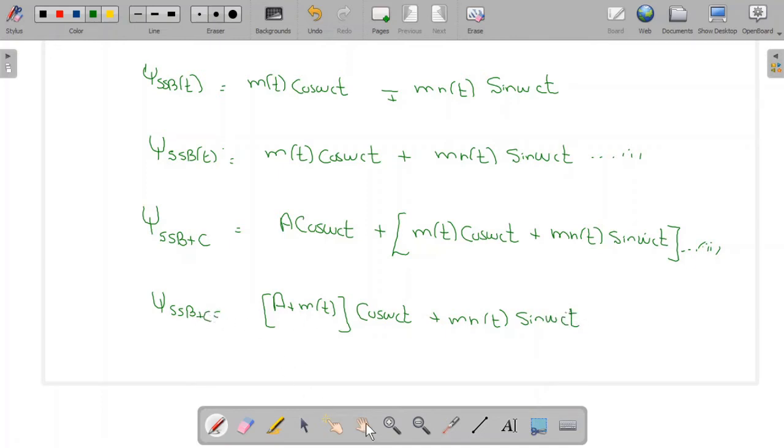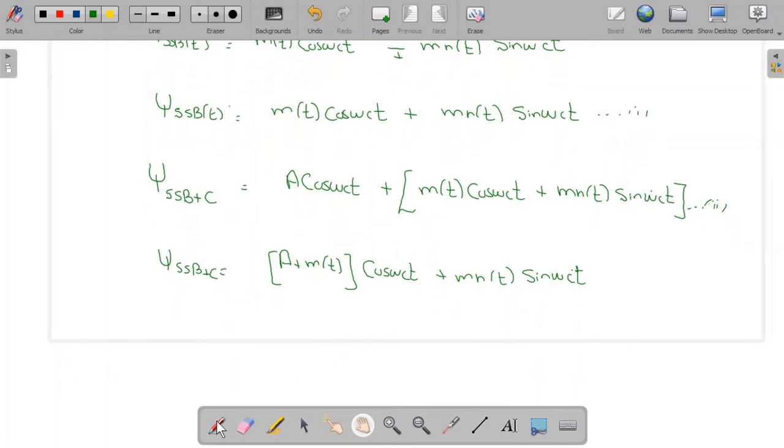Now let us equate it to the general expression of the envelope detection. So for example, E of t is my envelope of the single side band with carrier. Then it can be written generally as E of t cosine omega ct plus theta. Let me name this as equation 3. Here E of t is the envelope of the single side band with carrier.